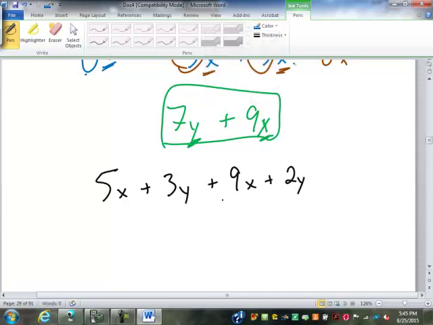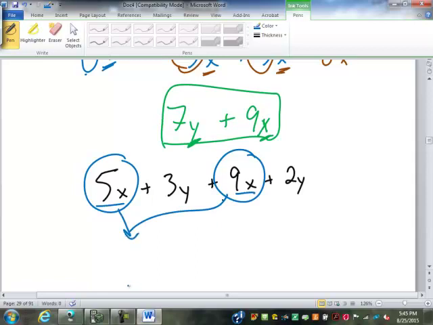Now looking at this one, we have different names, but there are still things that we can combine because there are some digits that have names in common. The 5x can be combined with 9x. They both have the same name. So if I combine those, what do I get? 14x. And the 3y can combine with the 2y to give us